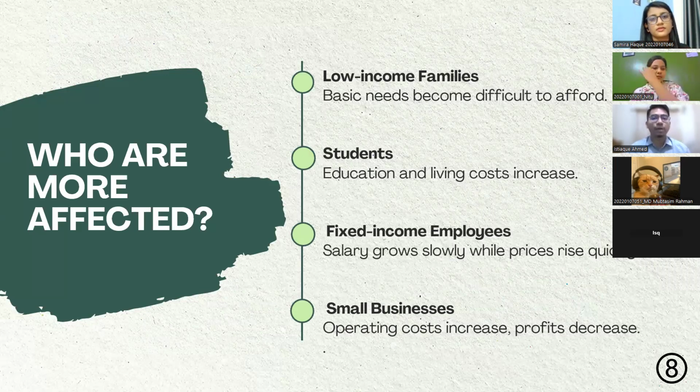In this part, I would like to say there are four categories of people who are more affected. The first one is low income families, as their basic needs become difficult to afford because of low income. The second one is students, whose education and living costs have also increased. And the third one is fixed income employees, as their salary grows slowly, or is even fixed,